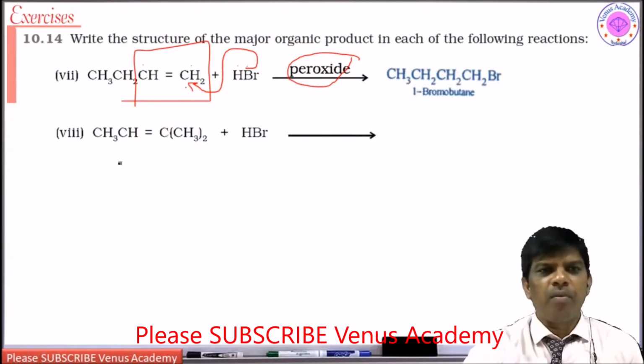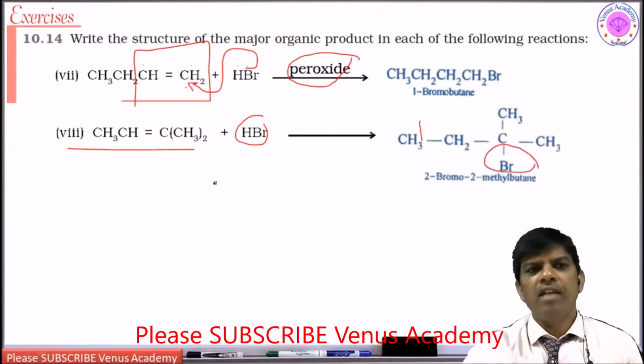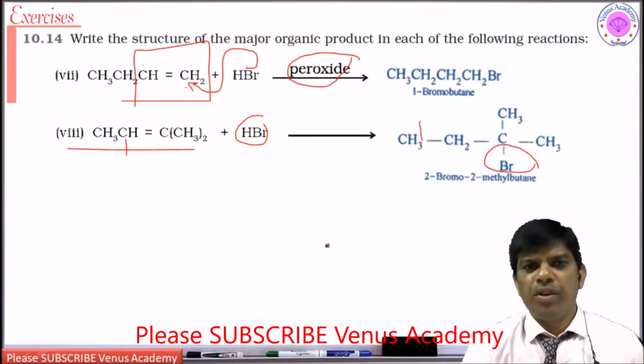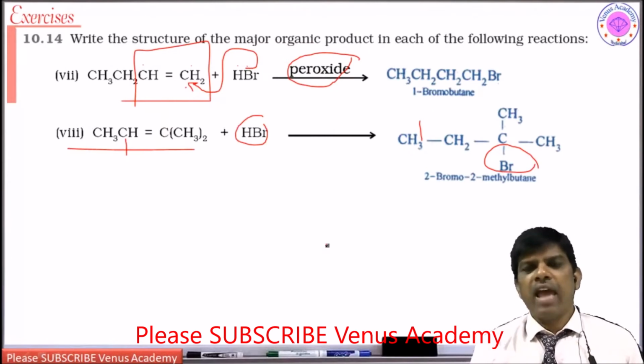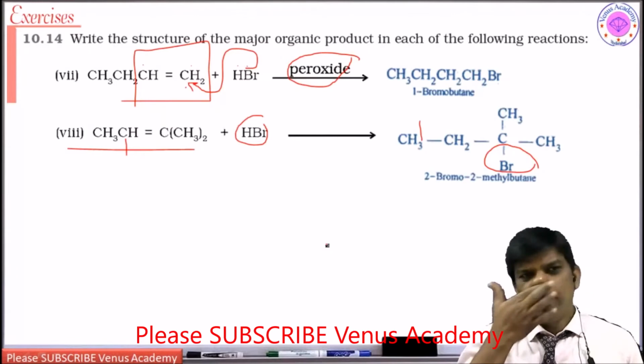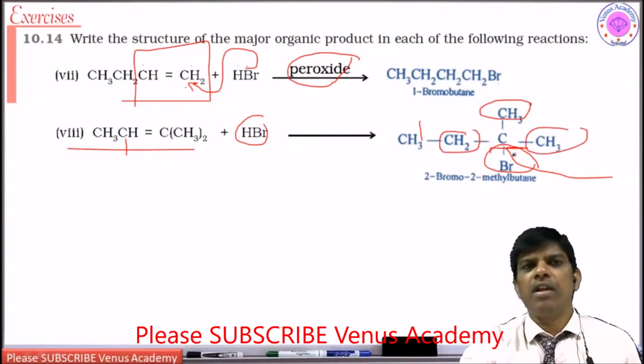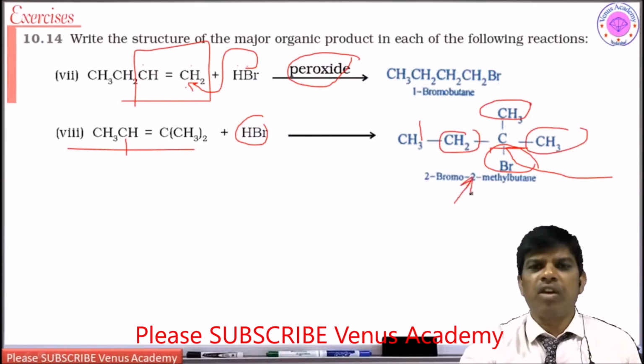Whereas the same compound or similar compound, if I do only with HBr without peroxide, yes, what is the compound? I am going to get this second position which is going to form Markovnikov's product. So what is Markovnikov's rule? Markovnikov's rule states that the incoming nucleophile adds to the carbon which is highly substituted. Yes. So it is going to be attached to this carbon which is already highly substituted. Yes. So it is tertiary carbon. That is why Markovnikov's product. This is Markovnikov's product. This is anti-Markovnikov's product.